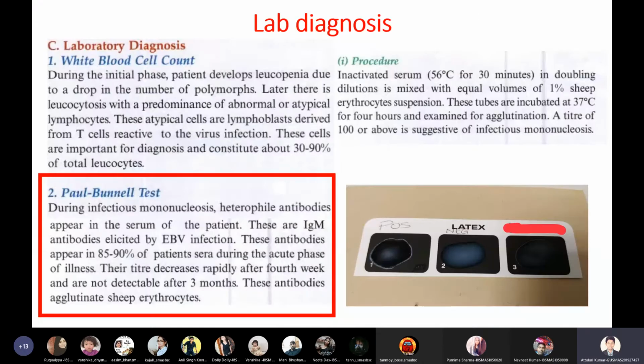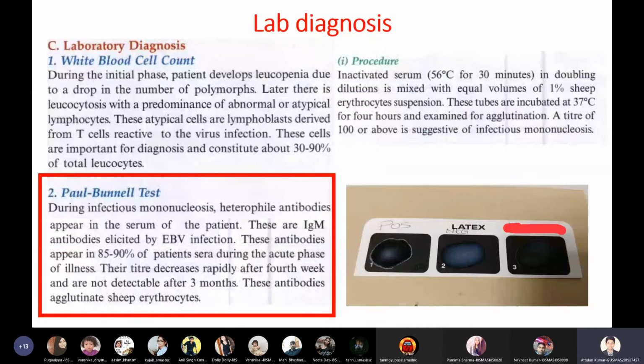So, coming to the lab diagnosis of Epstein-Barr virus. In the lab diagnosis, we have similar parameters: we can take a nasopharyngeal swab, or a blood smear can be taken. In the blood smear, you can see mononucleocytes, white blood cells with a mononucleus and vacuolation in the center of the cells.